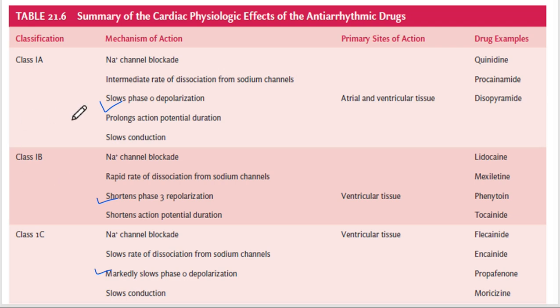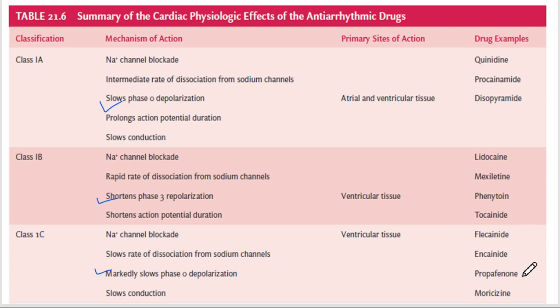And the other difference is that class 1A works on your atrial and ventricular tissue both, but the class 1B and 1C are used for your ventricular tissue only. Drug examples are the quinidine, procainamide, and disopyramide for your class 1A, lidocaine, phenytoin, tocainide, and mexiletine for class B,